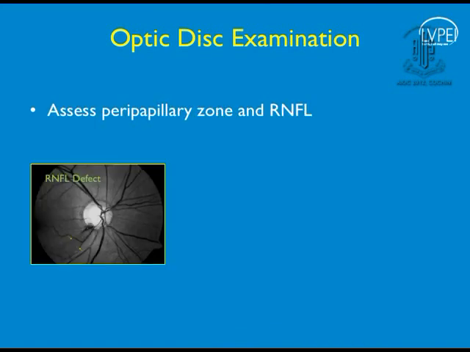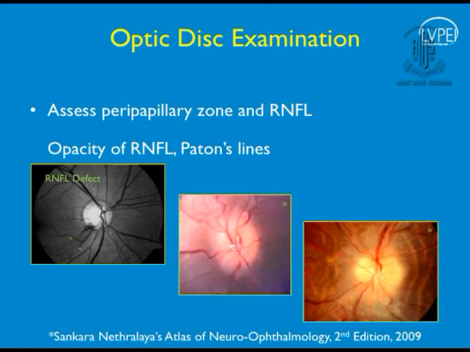And lastly, we look at the peripapillary zone. In a glaucomatous disc, we look at the RNFL, RNFL defects, whereas in a non-glaucomatous disc, we look for opacity or swelling of the retinal nerve fiber layer. When there is axonal swelling, the nerve fiber layer becomes opaque. And this is a case of very early papilledema where you can see that at the poles, the nerve fiber layer is opaque. It is not transparent. And that indicates axonal swelling. This is a late case of papilledema where these are Paton's lines. So these are the parameters we look into on the optic disc to see whether it is a true or